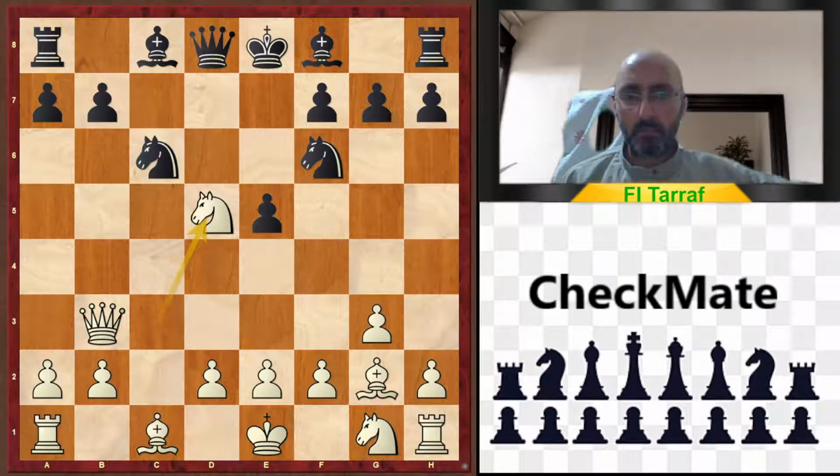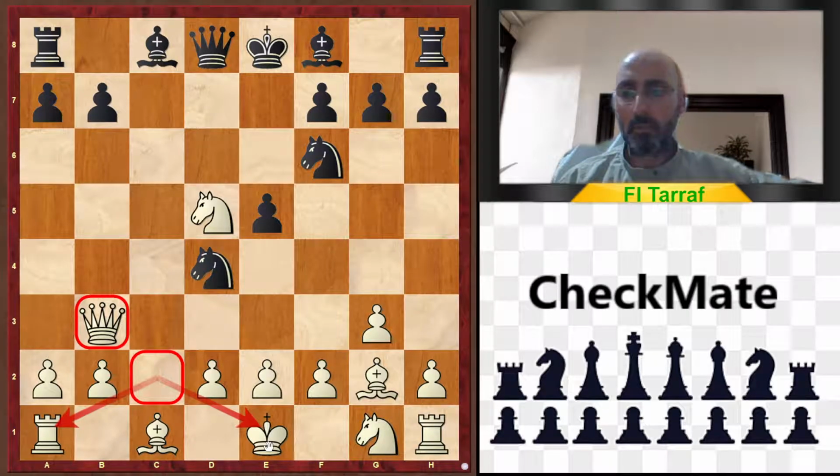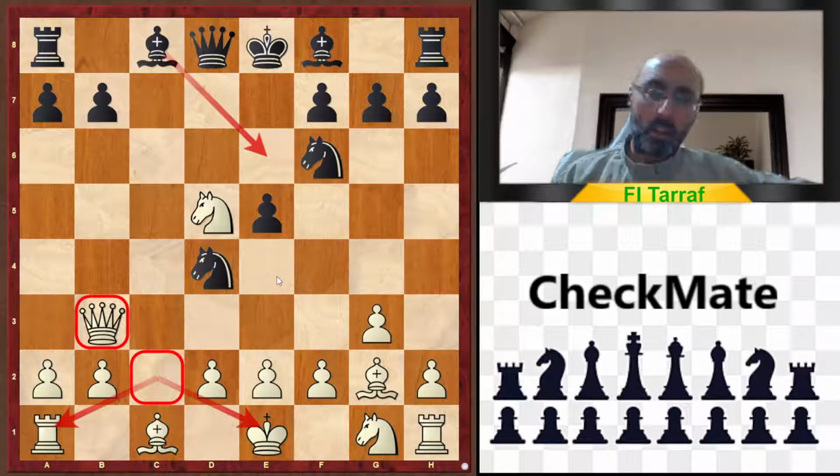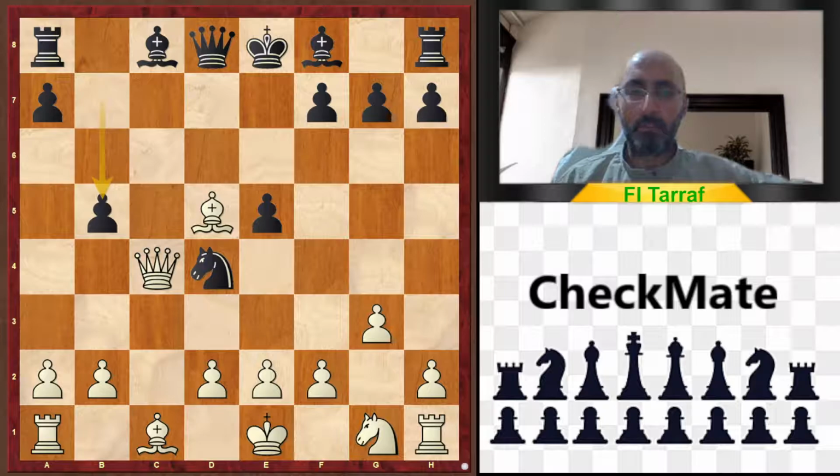So white starts with knight d5, and black continues with knight d4, attacking the queen and trying to fork the king and the rook, and maybe playing this, and so on. Multiple challenges and multiple threats for black. So if white tries to avoid these threats with queen c4, so now knight d5, bishop d5, and b5, excellent move from